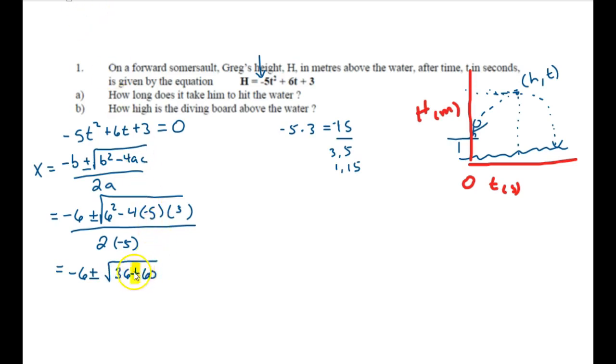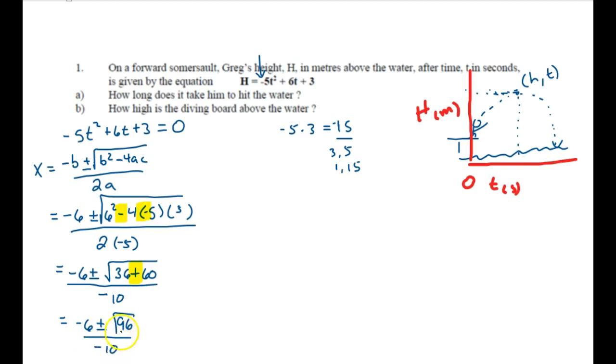So the usual caution is just watch this sign here. And let me write that 2 times negative 5, that's negative 10. So negative 6 plus or minus square root of 96